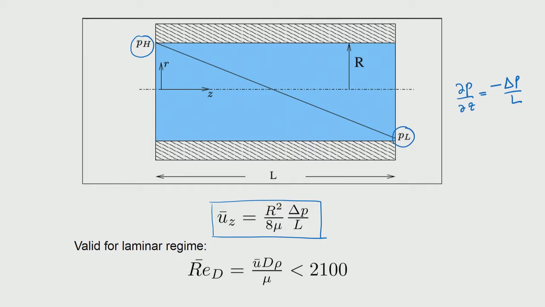L. So, this is also referred to as Poiseuille flow, and when we look at the mass flow rate for the same problem, then that would be called the Hagen-Poiseuille equation. This equation should not be applied for any range of pressure drops that we like, but only when the Reynolds number that comes out is less than 2100.